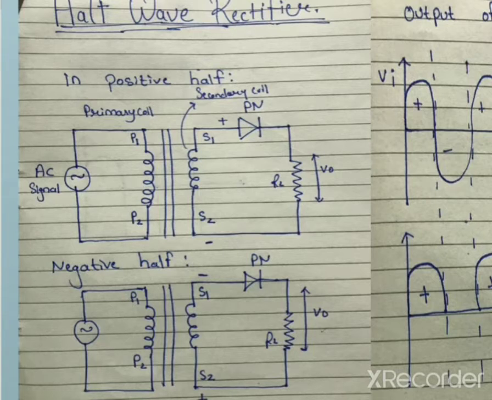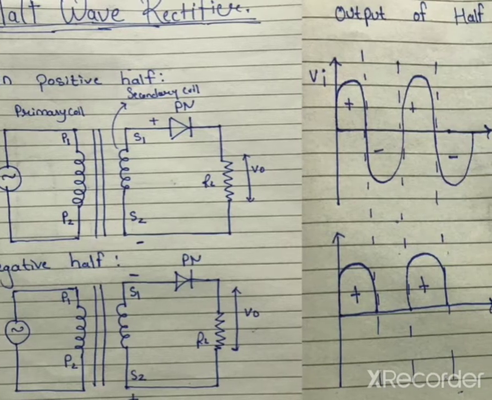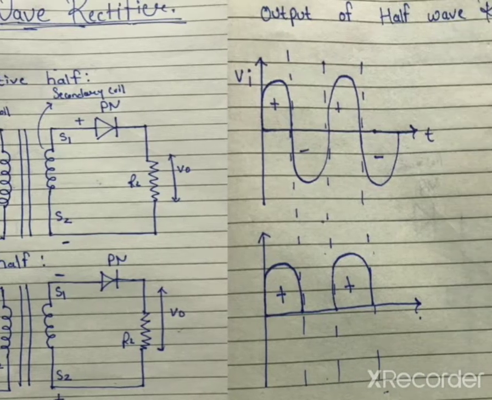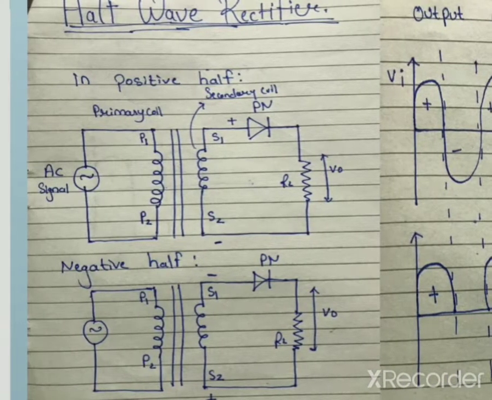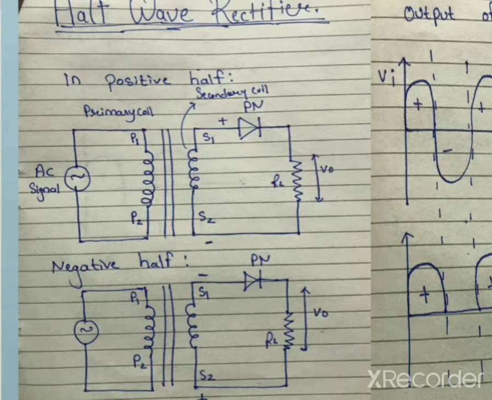So here is the p-n diode. When S is in the positive half, S1 is positive and S2 is negative, so we get half of the waveform. And in the negative half, when the polarities change, S1 becomes negative and S2 becomes positive, and